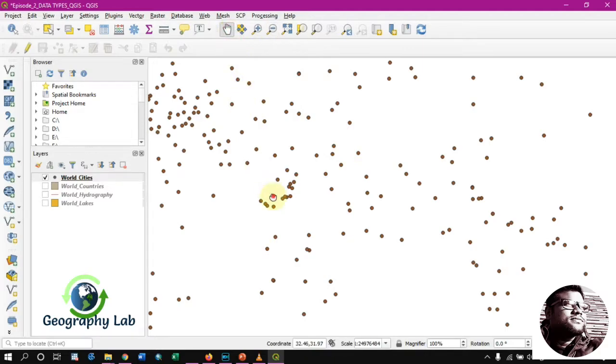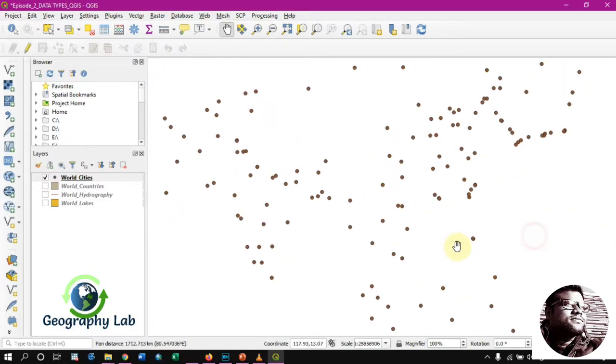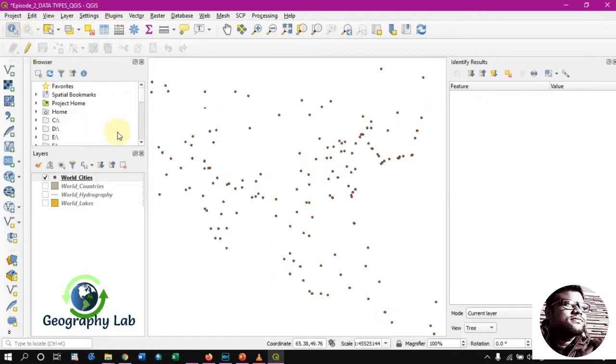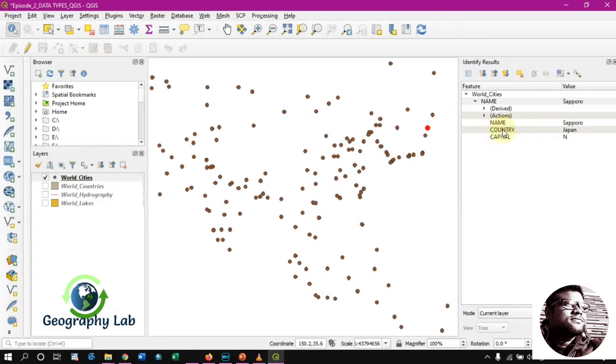There is the pan, so we can drag the cities or the display according to our view. Another tool is the identify feature. If you click that and then click any feature, it will show the attribute table associated with this specific point.